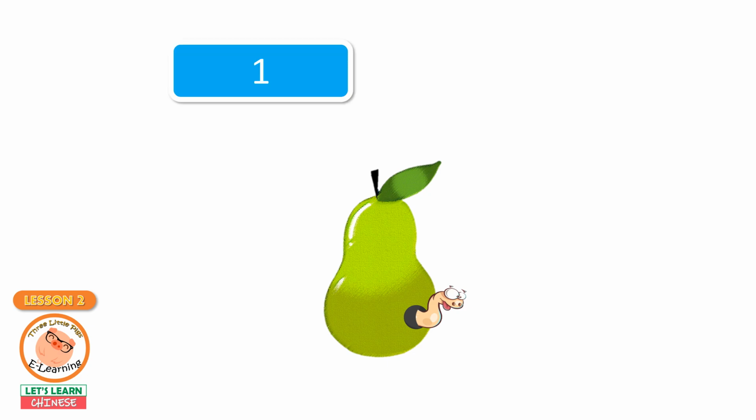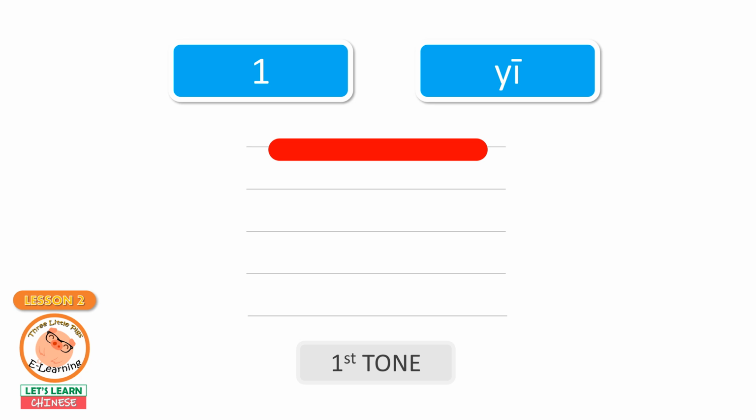1. In Chinese we say 一 using the first tone, let's say it together. 一